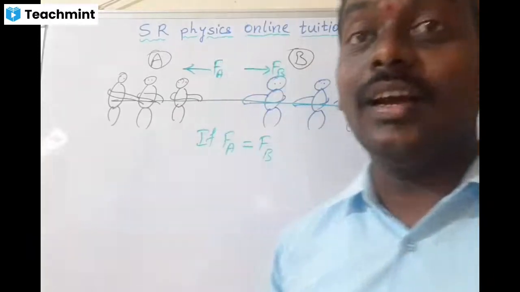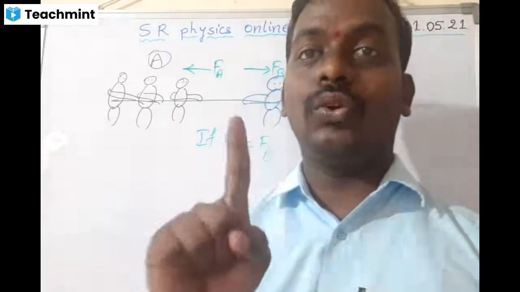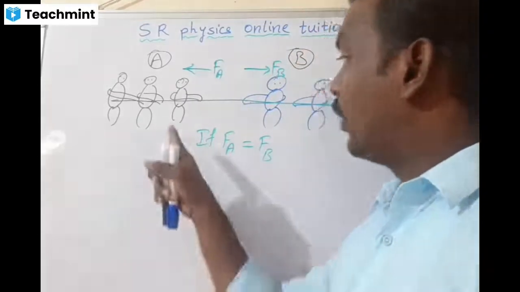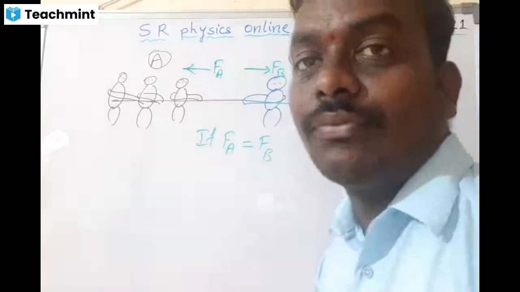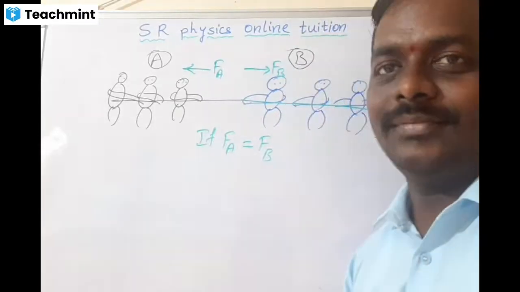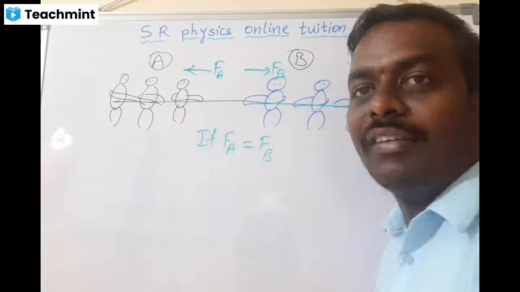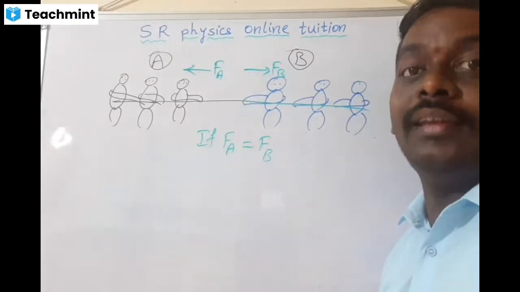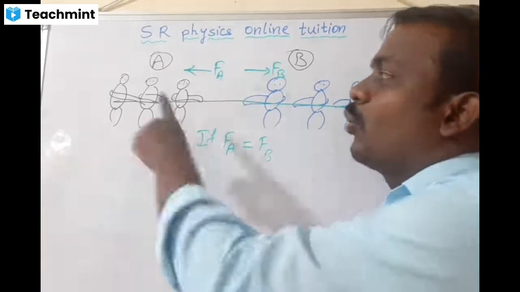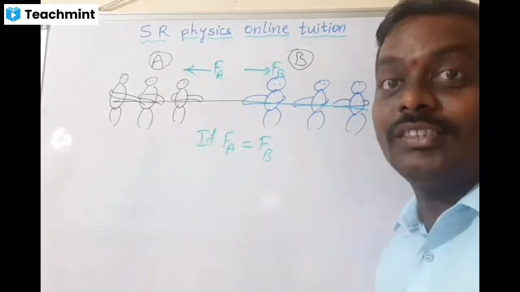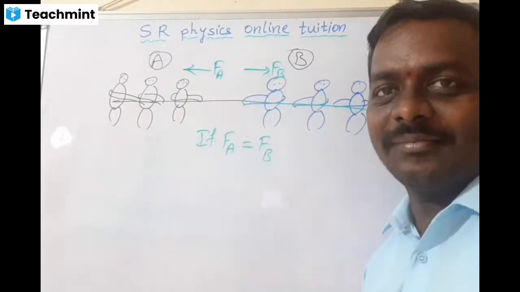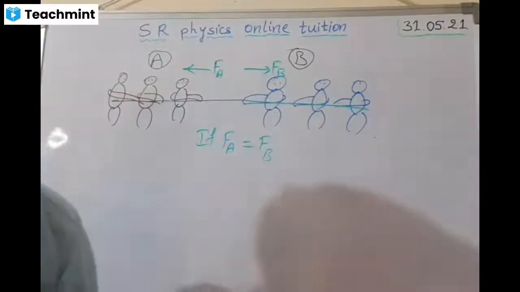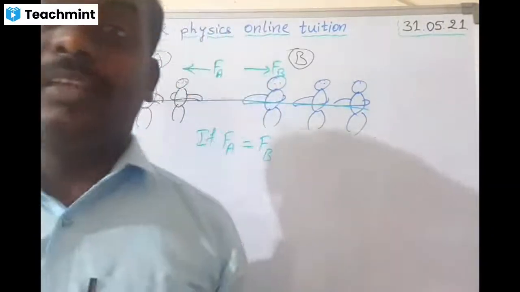One more thing I forgot: in contact force, we will take one more force, that is tensional force. Okay, we'll discuss that also. So here there will be existence of what? Balancing, isn't it? Both the teams have an equal amount of energies and apply an equal amount of forces, so that this rope is in a balanced state. It is not at all moving, isn't it?